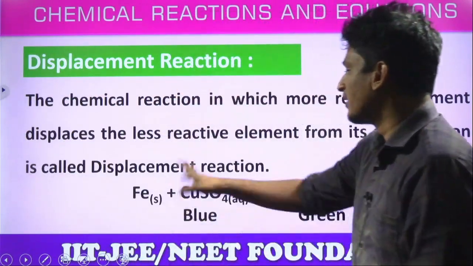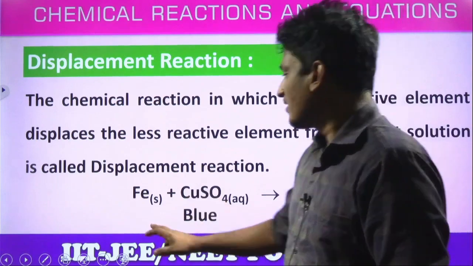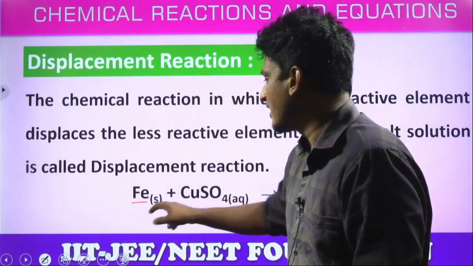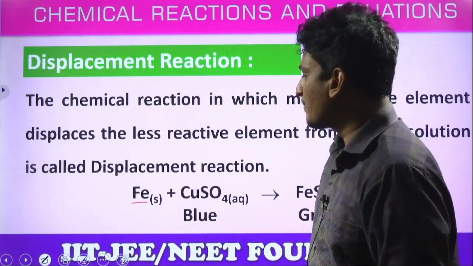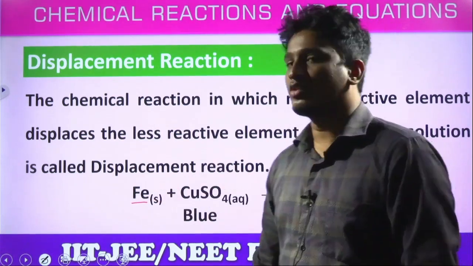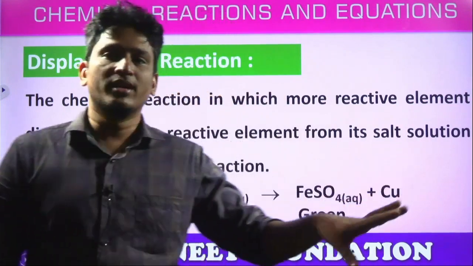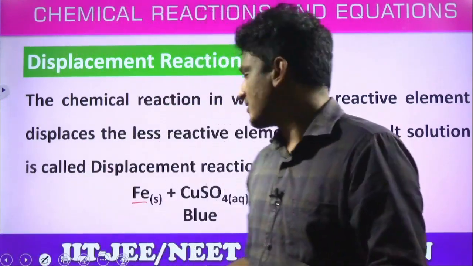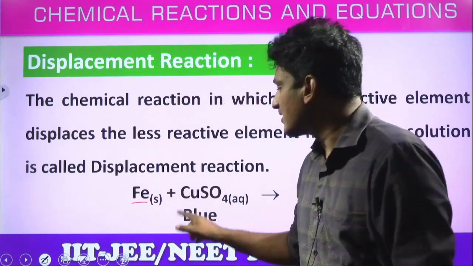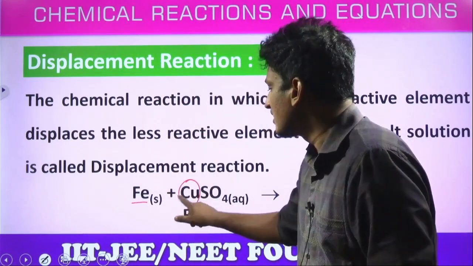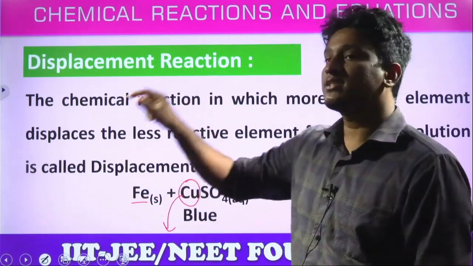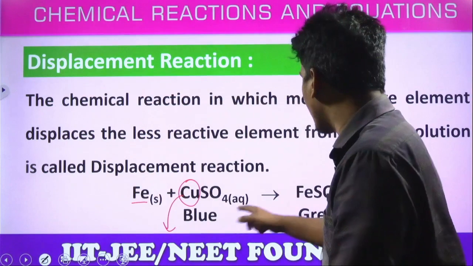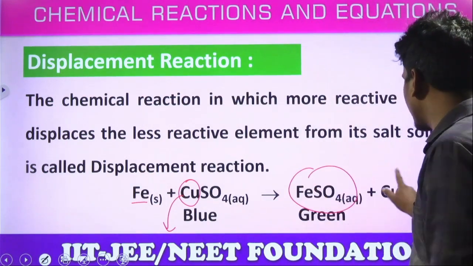Look at the reaction. Iron plus copper sulfate. Here the merit student is iron, which is highly reactive. Comparatively, iron is more reactive than copper. Yes or no? Now what will happen, students? If iron comes in contact with copper sulfate, do you think the components remain the same? No, it will show its reactivity. Yes or no? So iron replaces copper, and it occupies the space of copper. Of course, based on the valence, it combines in a proper ratio and it forms iron sulfate. And look here, copper is removed or